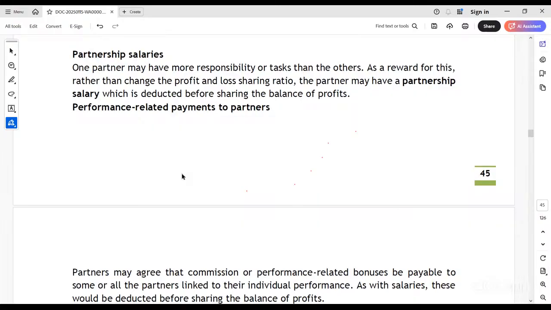As a reward for this, rather than change the profit and loss sharing ratio, the partner may have a partnership salary, which is deducted before sharing the balance of profits. So we have to agree on the salary. If one of the partners is having more responsibilities, then